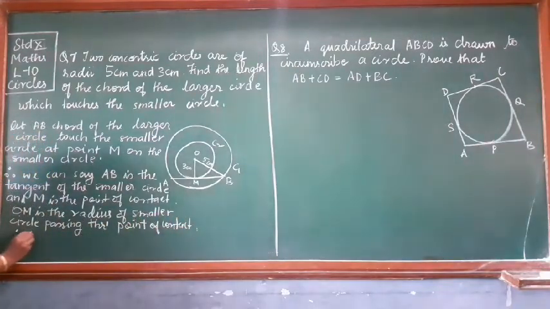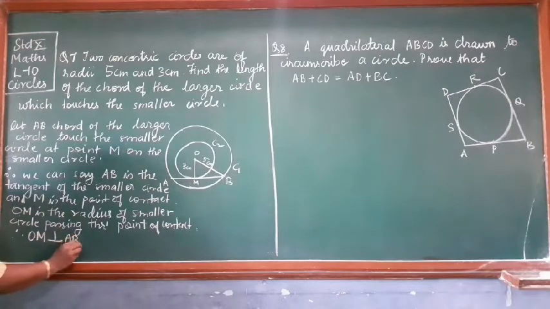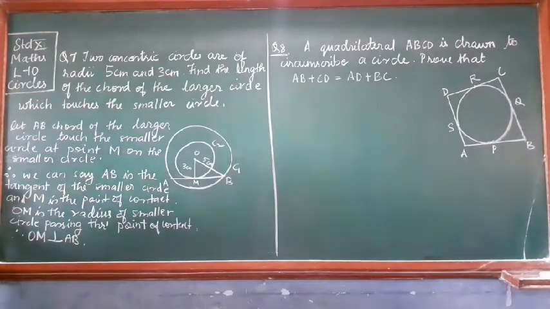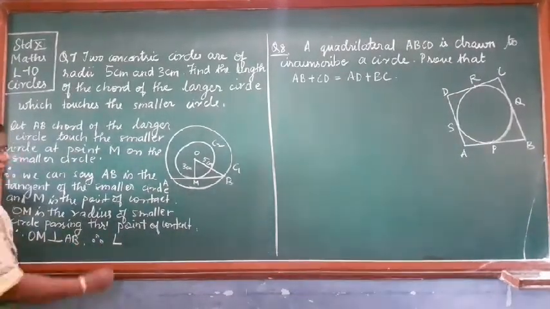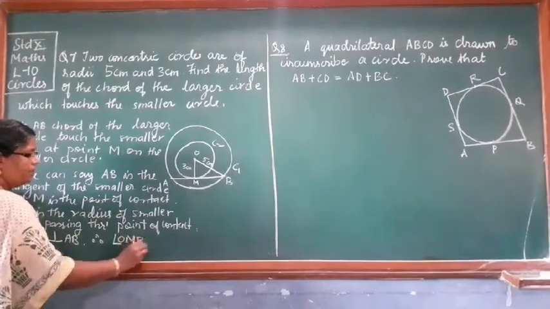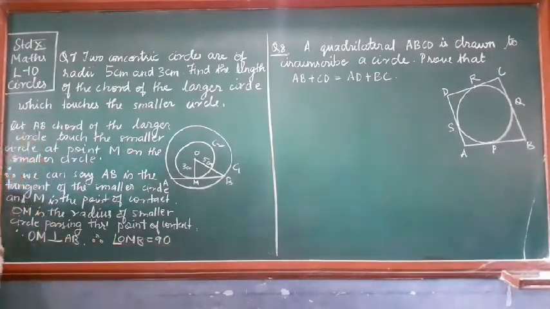Okay, so therefore we can say OM is perpendicular to AB. So therefore angle OMB is equal to 90 degrees and triangle